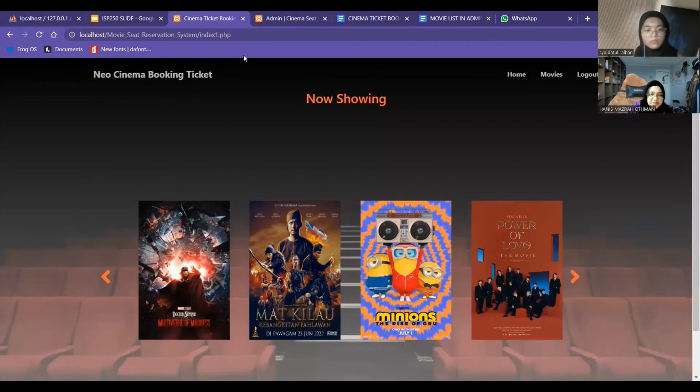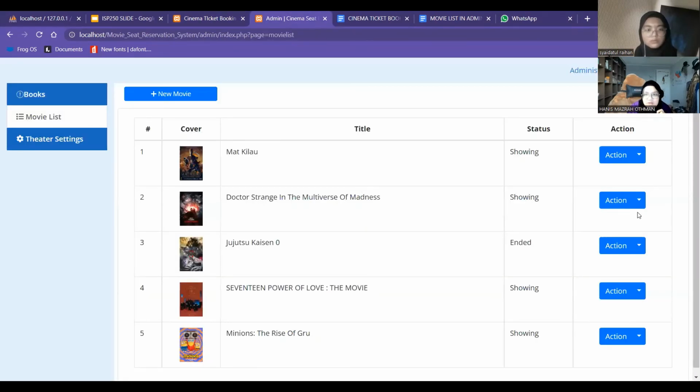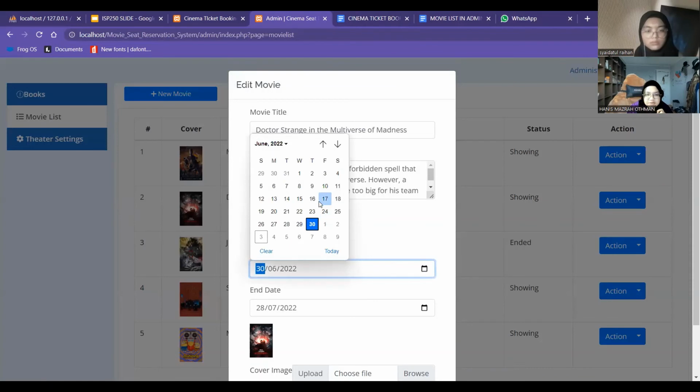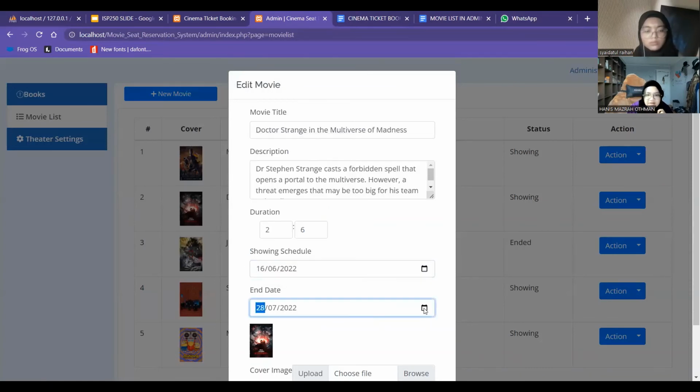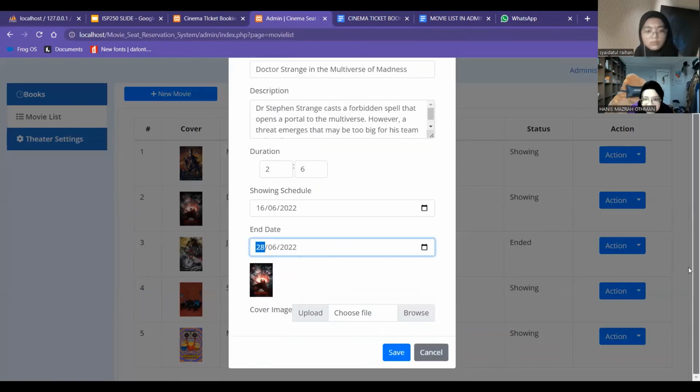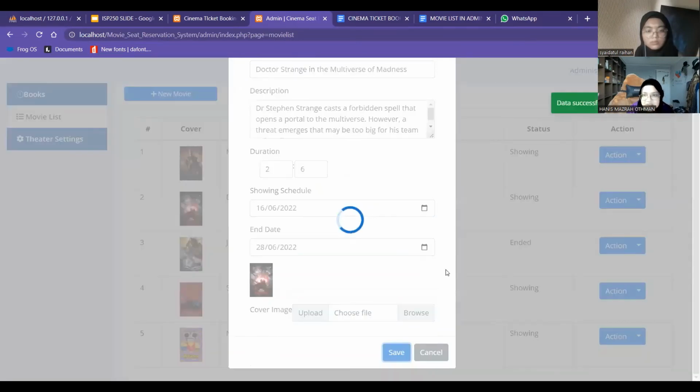Now if you want to change the status to ended, okay, and save the data.